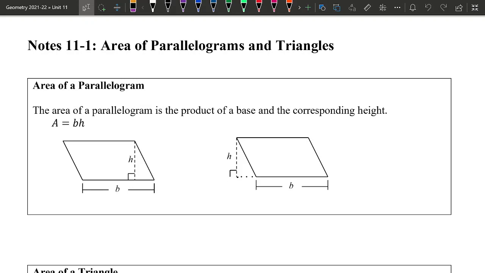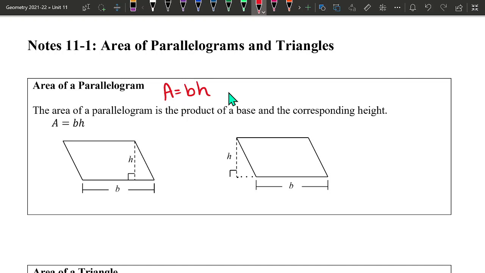We're looking at area of parallelograms and triangles. So area of a parallelogram, you've seen this in the form of area of a rectangle, which is a parallelogram, is that the area equals base times height. And area of a square, it's the same thing as side times itself, or side squared,